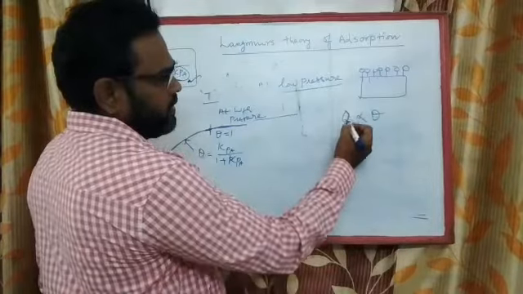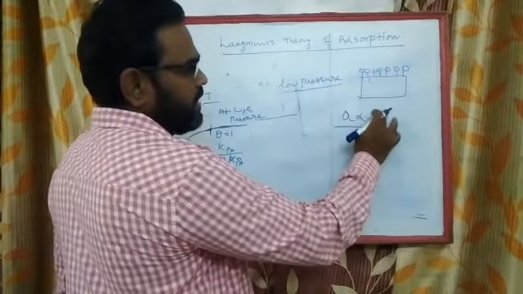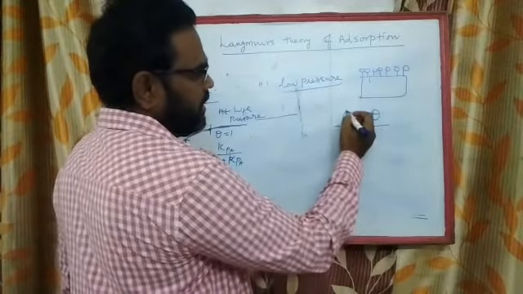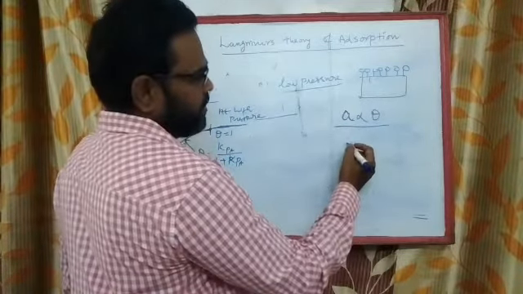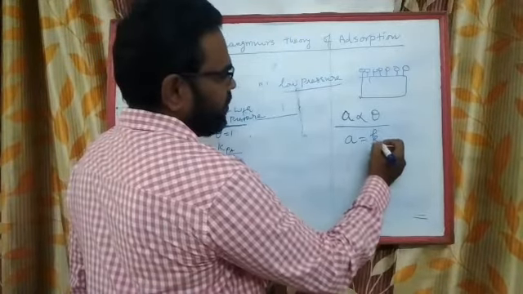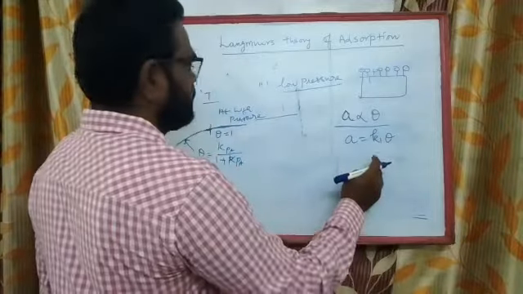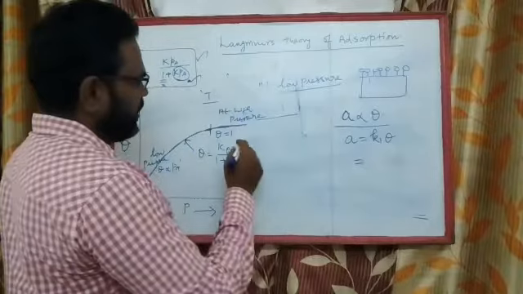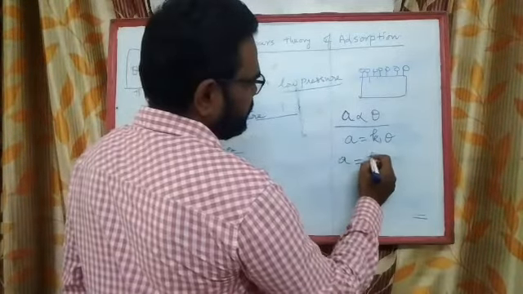Look at here, this amount adsorbed A is directly proportional to the surface area which is adsorbed. Then A is equal to K1 into theta. If I substitute theta here in this equation, at low pressure, A is equal to K1